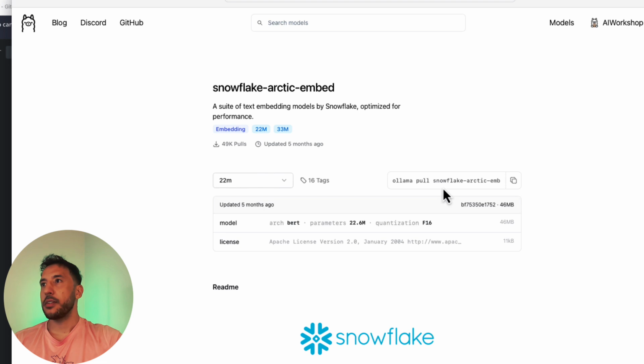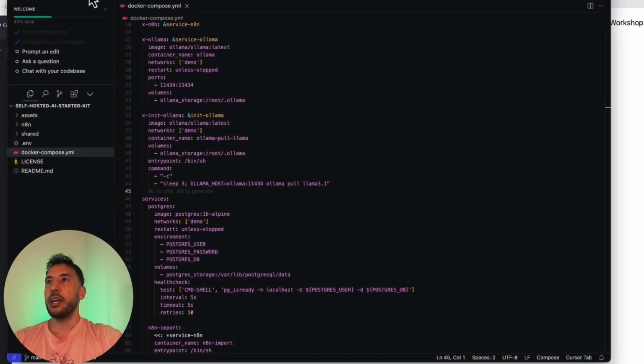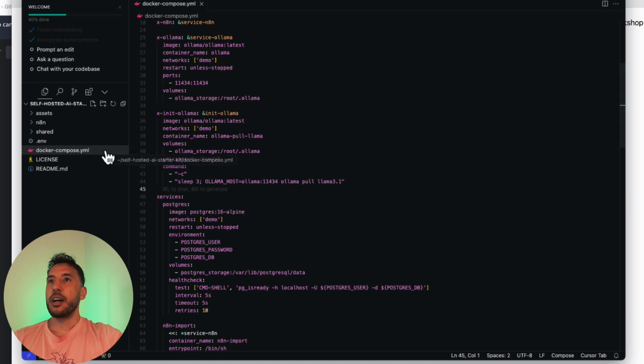Okay, all right. So here's what we need to do. We need to copy this ollama pull snowflake-arctic-embed, right? So I'm going to copy this. You can do this several ways. The coding way is to go to your Docker compose YML file. If you go inside your n8n starter kit and open it in a text file, you can come to the Docker compose YML file.